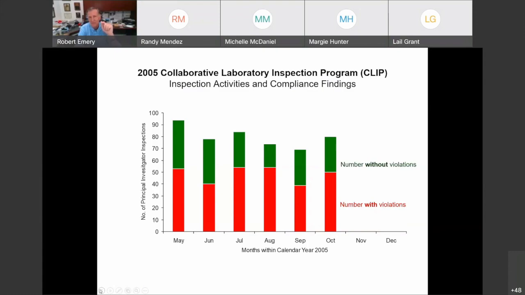How many labs do we have? In other words, is this the same labs getting inspected over and over again, or is this just representing 1% each month? And so I would argue that in the title, up there under the heading, it could have said of a total of 2,000 laboratories. Now we're telling a better story here. That in May, we got to 90 something of them, but these aren't the same ones over and over again.